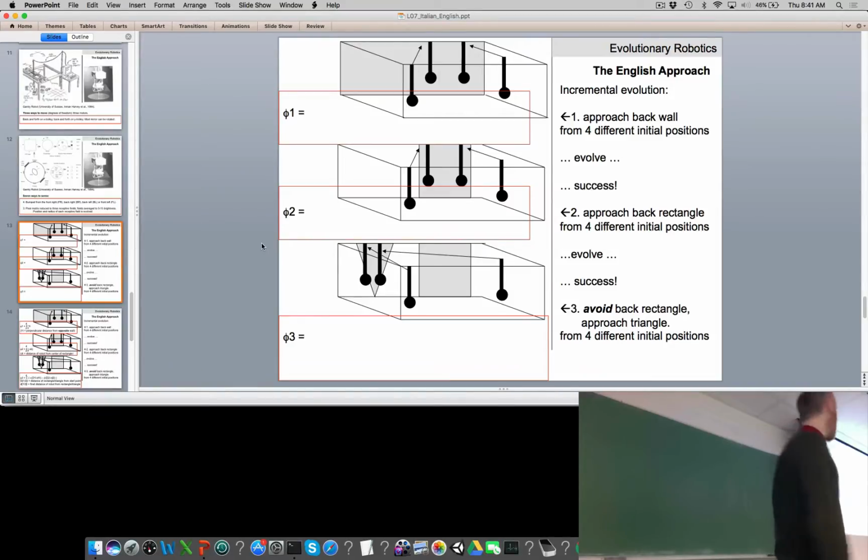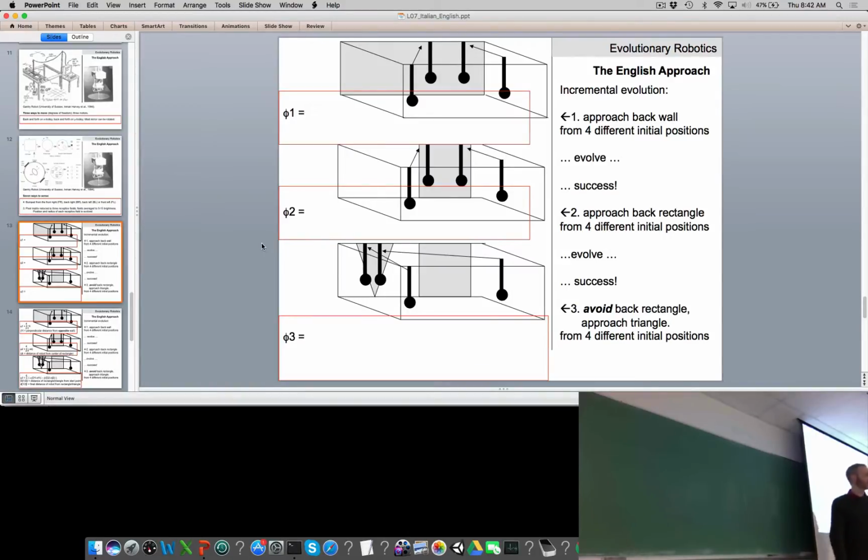As the penalty, right? So we're going to reward the robot for minimizing the distance between itself and the triangle and maximizing its distance to the rectangle, right? We could have maybe made this simpler and just said, well, if we're interested in getting to the triangle, minimize the distance between the robot and the triangle. But if the initial condition is placing the robot right next to the rectangle, the robot might evolve the ability to just move to the left. But we wanted to show that it's actually scared of the rectangle. So if we're penalizing for the rectangle as well, we want to see it move away from the rectangle and towards